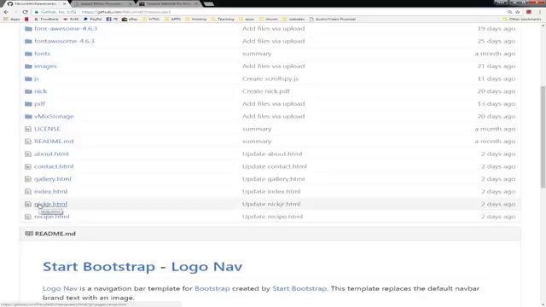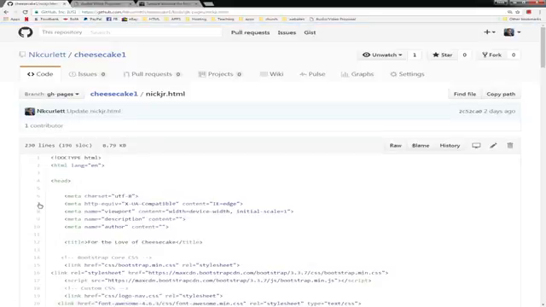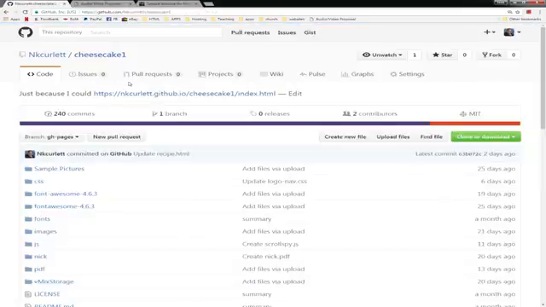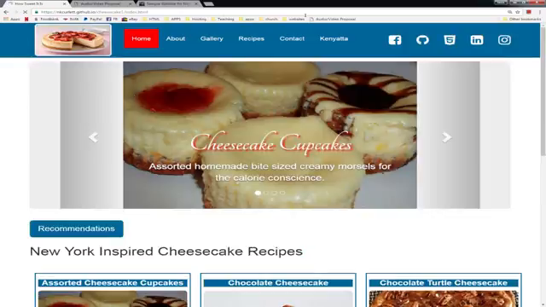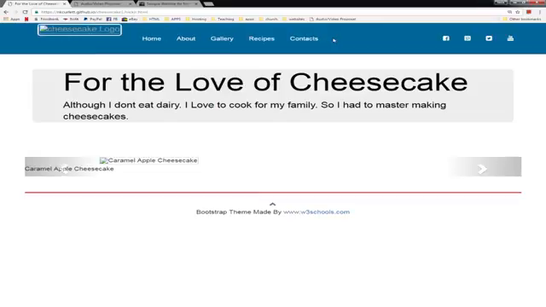I used my Nick Jr. page, which I already had, and I didn't have to do that. Matter of fact, I just want you to see what it looked like. I took the Nick Jr. page and I named it Kenyatta. So here's her page. Here you can see that I was able to make her navigation bar get